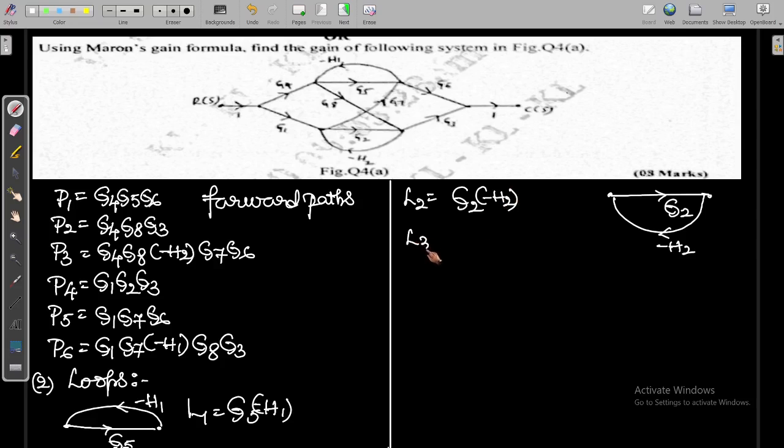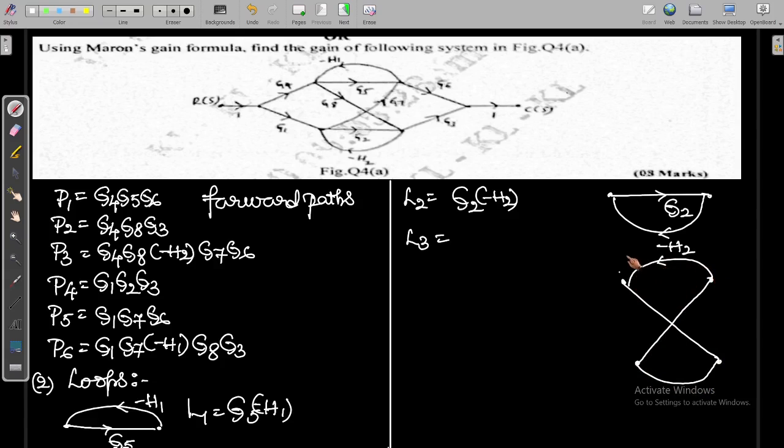Next you will have another loop, L3. You see I am starting from here and traveling like this, going around, and it is looking like a number 8. So you can identify that loop also. That loop I am also drawing here, by joining these loops, there will be a number 8 like this.